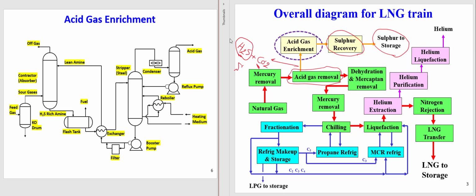But the sulfur recovery unit, if you remember, the Claus process is the main process in this unit that has two reactors. One furnace reactor and then a catalytic reactor. And in the Claus process, we need to have our acid gas to be pure in H2S. Okay, we need to have an acid gas that is pure in H2S, then we will send it to the sulfur recovery unit or Claus process.